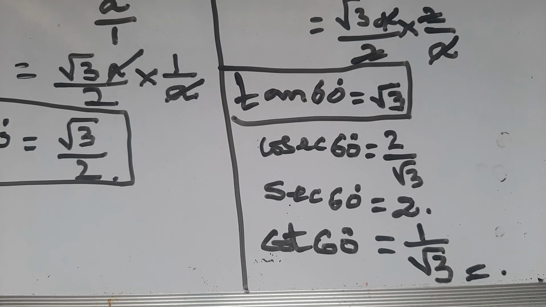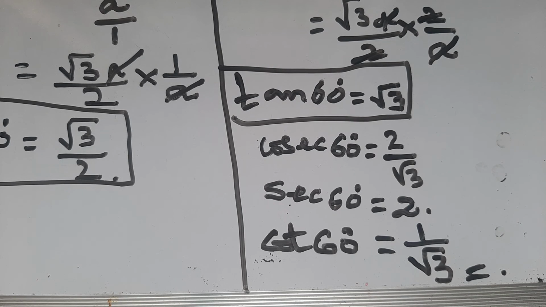Today we proved the trigonometric ratios of 60 degrees. So for 60 degrees, sine 60 is root 3 by 2 we got, is it or not? Next cos 60 we got 1 by 2, right. Next tan 60 we got root 3. Next you can see cosecant 60 is 2 by root 3. Next secant 60, the answer is 2. Then cot 60 is 1 by root 3. Children,